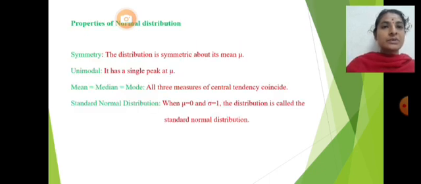The properties of normal distribution: the distribution is symmetric about its mean mu. It has single peak at mu, mean equal to median equal to mode, that is all the three measures of central tendency coincide. When mu equal to 0 and sigma equal to 1, the distribution is called standard normal